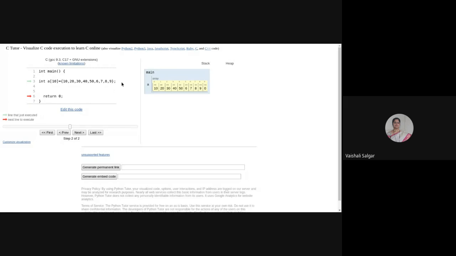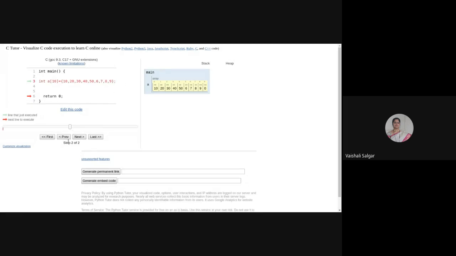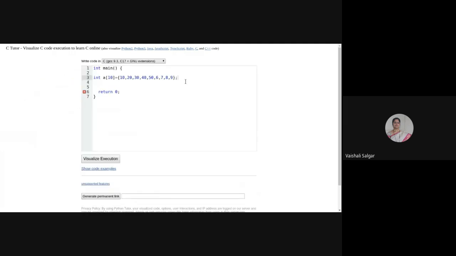So now what I will do, in order to show you what we mean when I'm declaring a static integer array B with size, suppose, 5. Simple. And now when I visualize, just observe what is happening.